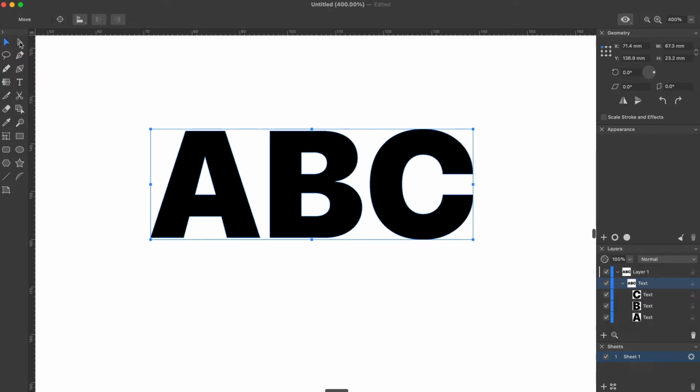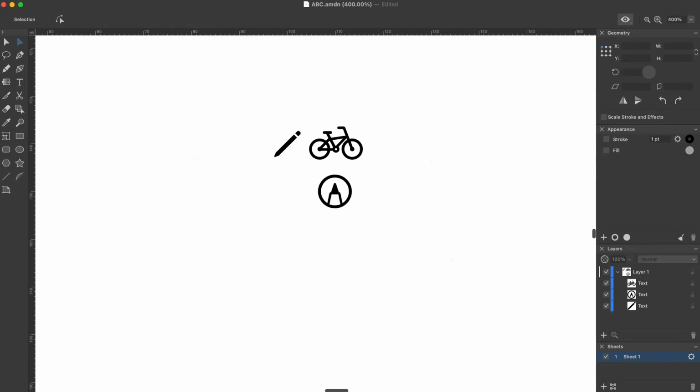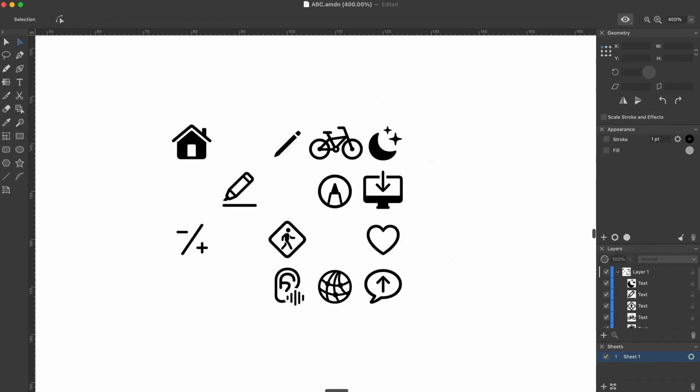A click on a letter with the Selection tool shows its anchor points. It is a regular path now. You can use the Pen, Selection, and other tools, apply the Boolean operations, clipping mask, and so on. Modifying individual letters makes sense, for example, if you're creating a logo and want to add some features to standard letters.